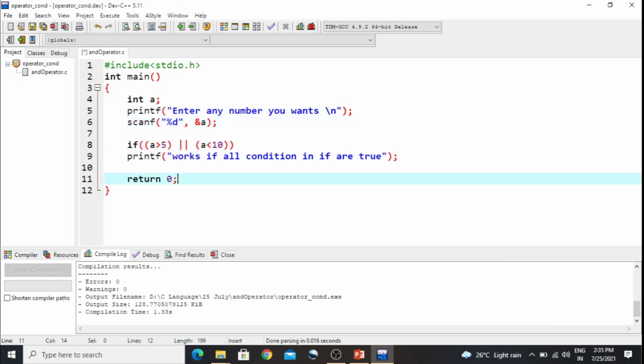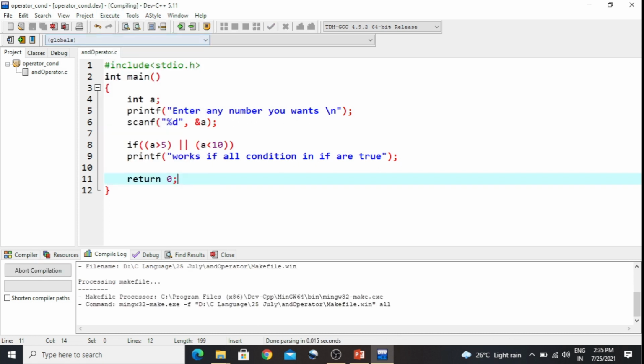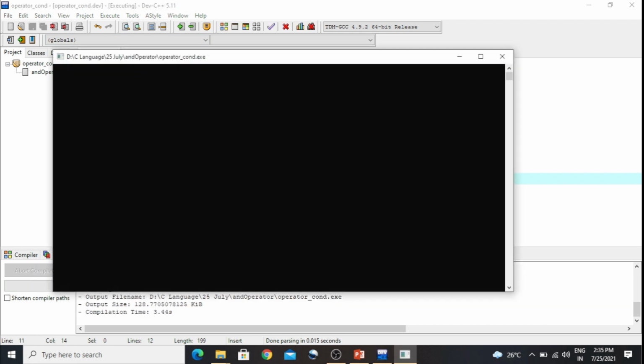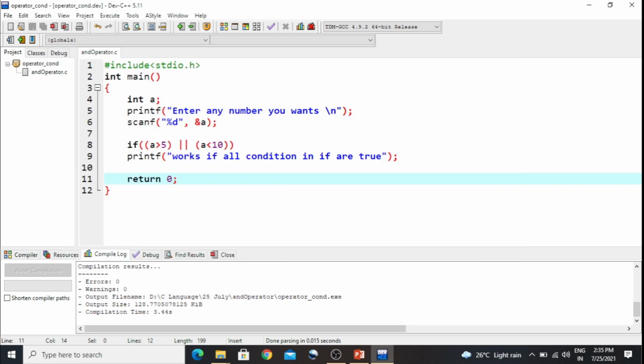The program is the same for logical OR. If I run the program and make the first and second conditions both true by entering, suppose, 6, the if statement will work.